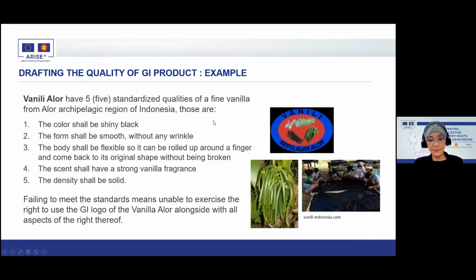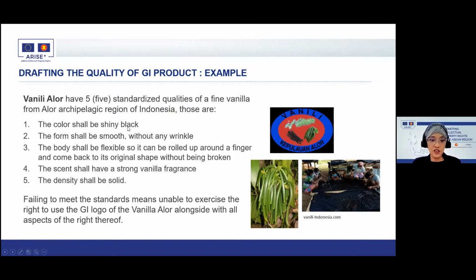This is the example now. It's from Indonesia. How to draft the quality of the product. In the book of specification, the vanilla Alor, it is substantiated that vanilla Alor have 5 standardized qualities of a vine vanilla from Alor archipelagic region of Indonesia. So the specification said it is a vine vanilla, but it requires 5 qualities. Firstly, the color